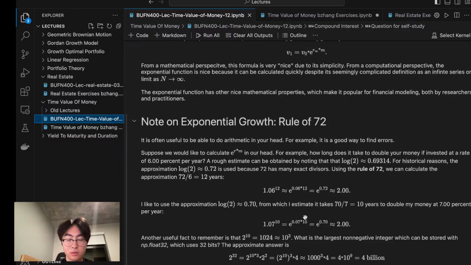For 6. Suggests that an approximation for doubling money is. Rule of 72 suggests that an approximation for doubling the value of investments will take